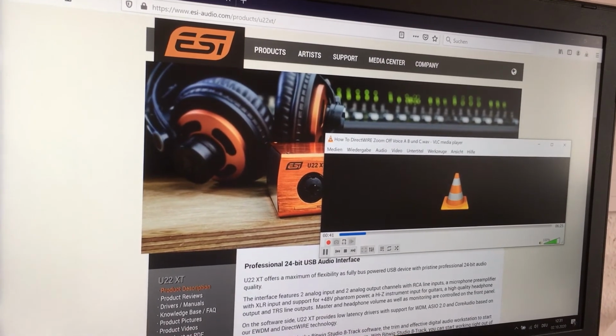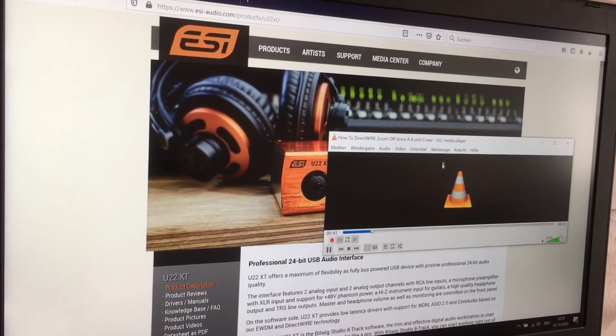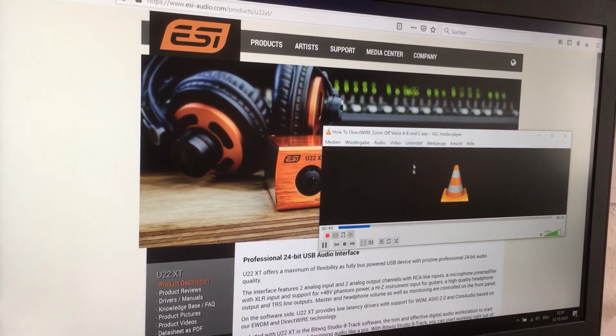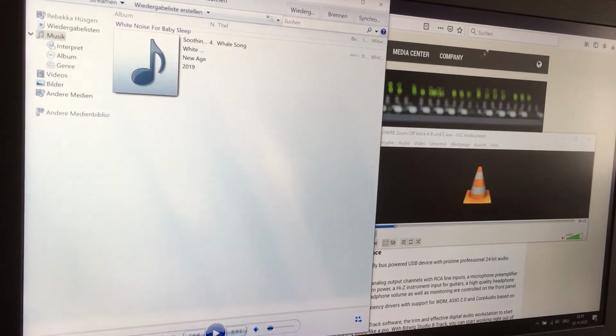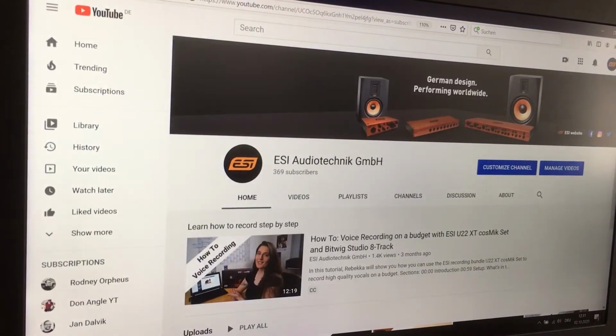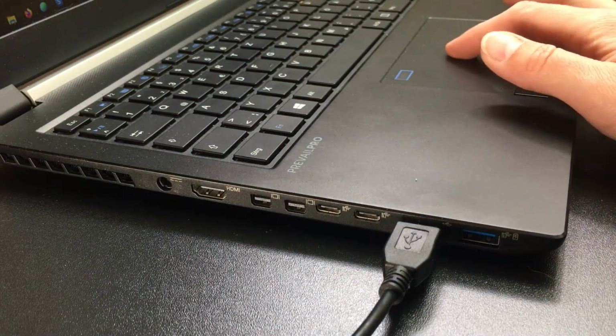That can be any piece of music, either composed by yourself or a well-known song you want to practice with your student. In this video, we show you how to add music using the VLC Media Player as an example. It works with other media players as well, or a source like YouTube, for instance. And you need a Windows computer with internet connection to start your conference call in Zoom. Before you start, prepare your setup by downloading the latest driver, connecting your interface to your computer, and connecting your microphone properly. There is a video on our YouTube channel that shows all these steps in detail.